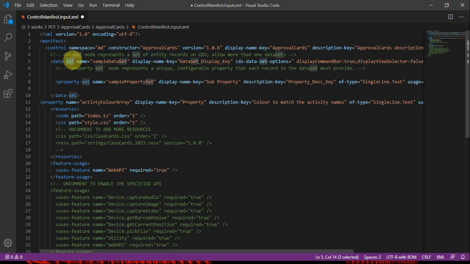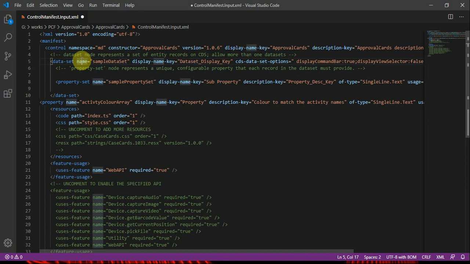Or in simple terms, as I have explained, dataset PCFs are used to mask a view. So this view is providing you a set of records. If you consider another view, let's say active contacts, or you have a company, an account entity, and it has a set of employees, and you have marked them as contacts, and you have an employee subgrid. So that subgrid is providing you a list of contacts. So these contacts are the records which you are going to manipulate in your PCF control.